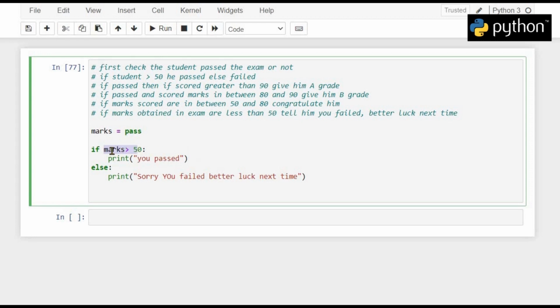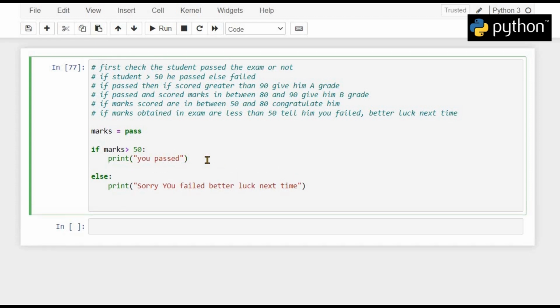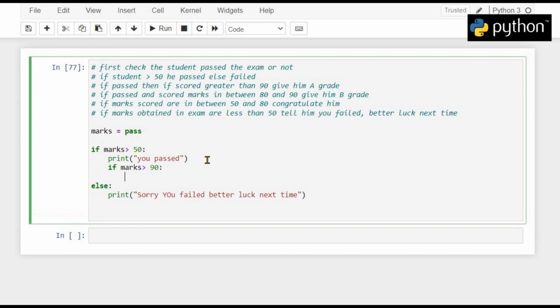Now first we have this condition which is checking if the student has passed the exam or not. That is, if the student has scored marks greater than 50 or not. Depending upon these conditions, we can also have multiple conditions as well. If the student has passed the exam, we also have to give them grades, and the grades will be given according to the marks obtained. So we will say that if marks is greater than 90, then we will give an A grade. That is, we will print "congrats"